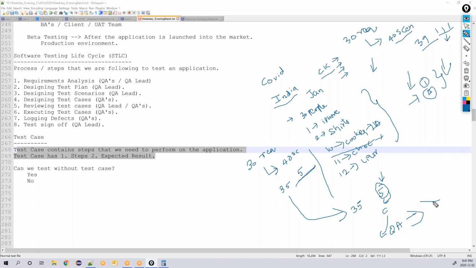Your QA manager will throw you out of the company because he will say, what kind of testing have you done? What is the point of me keeping you when you are not doing proper work? So these are the consequences if you don't have test cases with you.